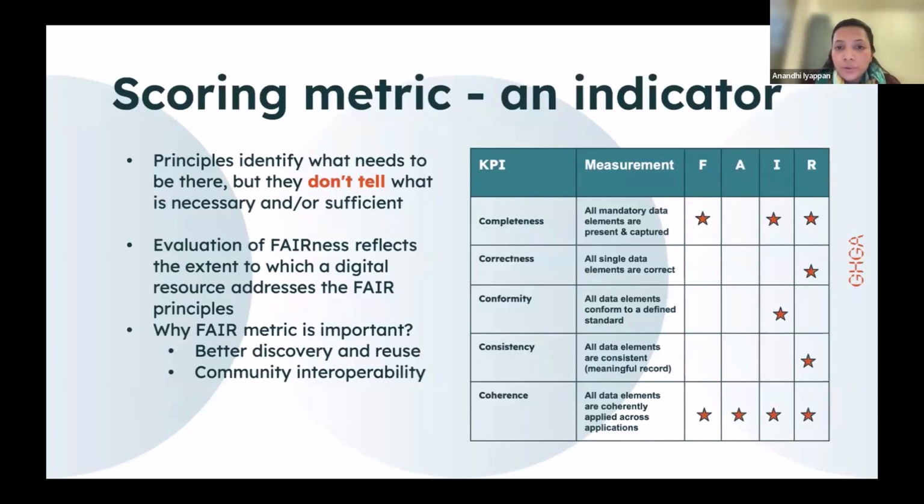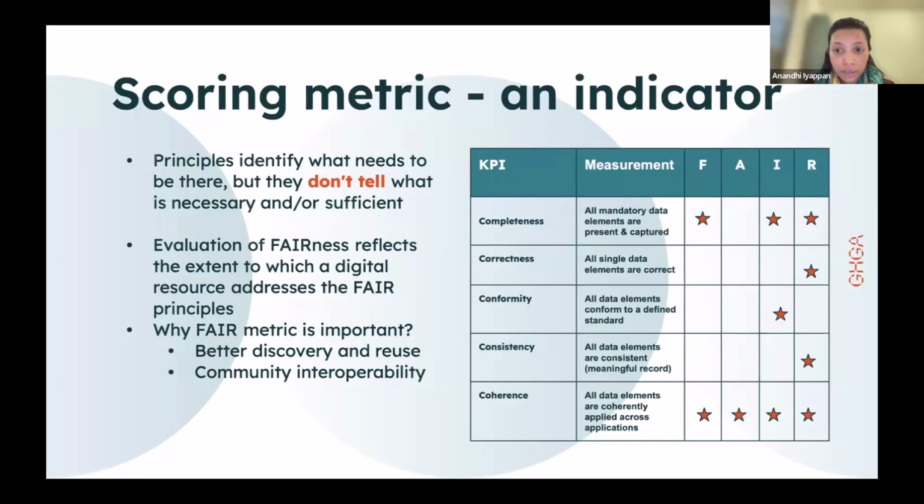Now I'm just going to show you a small example of how a scoring metric can be used as an indicator. So as far as indicators are concerned, we can rank them according to these 5 modules as I mentioned. These can be called KPIs. These are indicators and also metrics that can be used to evaluate the fairness of the data. So whenever there is data, even if it's not a data portal, we can always ensure that we take these measures when we have a data.